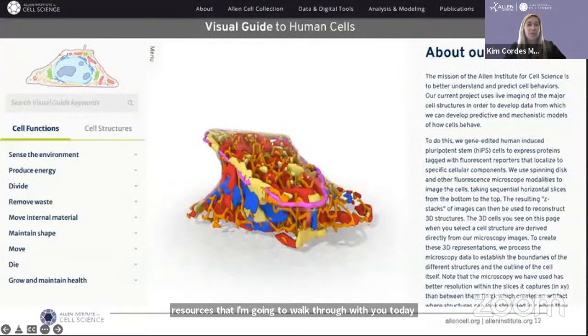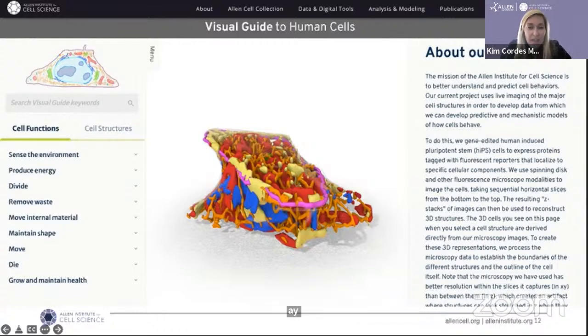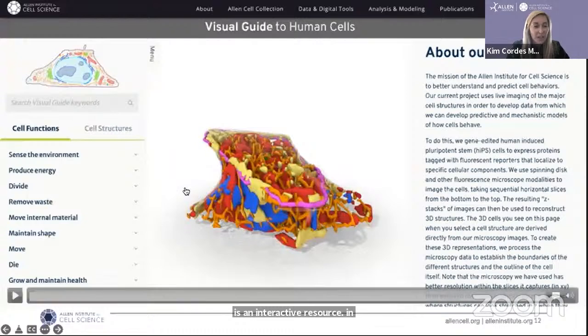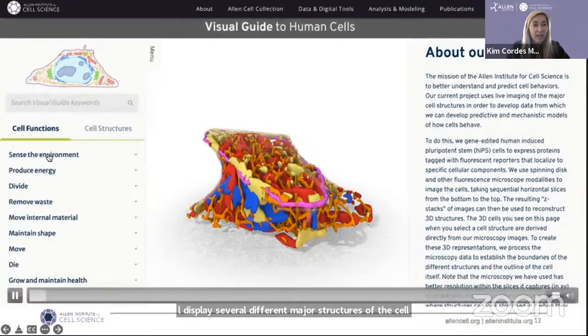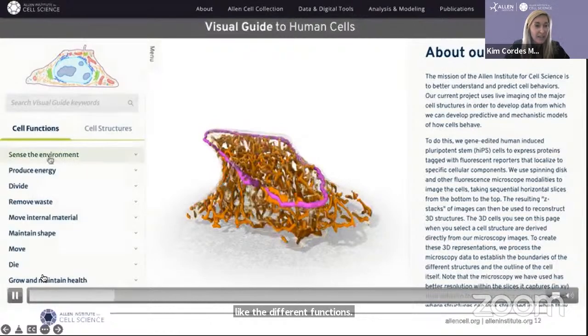So, for example, the Visual Guide to Human Cells. This is an interactive resource, and what it does, if you can see on the far left on the panel, it will display several different major structures of the cell. There's 14 total on this page, and it tells you about the different functions. And so if I click on this, what you can see if I hit Sense the Environment,